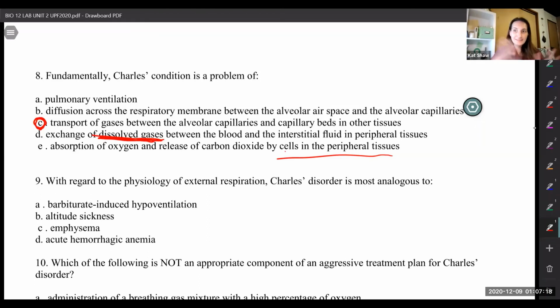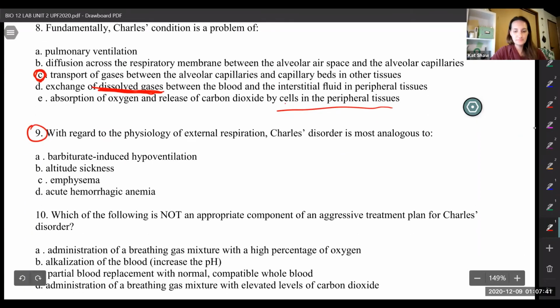Now, number 9 is a weird question, but hopefully when we break it down, it will make a little more sense here. If we had to make an analogy between this carbon monoxide poisoning that Charles has and one of these other disorders, which would be the best match here? What would you say, A, B, C, or D? Jessica says anemia,